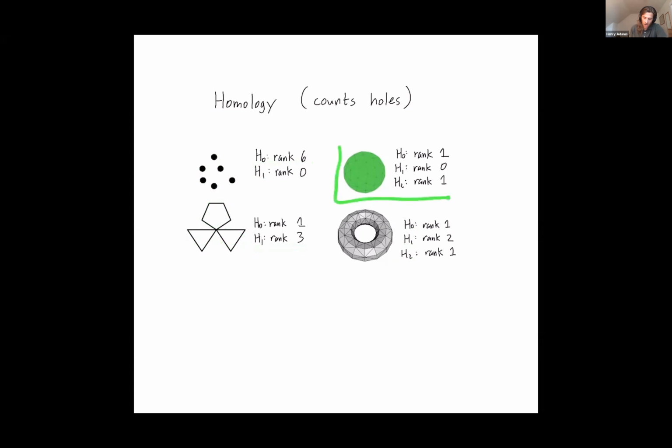If I have a hollow sphere, it has a two-dimensional hole because you could fill the sphere with jelly and the jelly won't spill out. So I have a two-dimensional hole. A torus has a single connected component, 2 one-dimensional holes wrapping around this way or this way. And the torus has a single two-dimensional hole. It's a hollow torus. If you fill it with jelly, the jelly won't spill out.